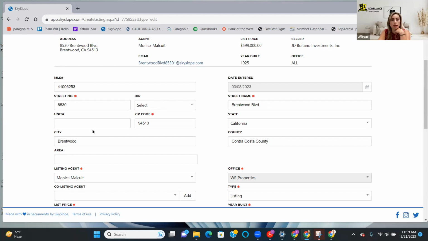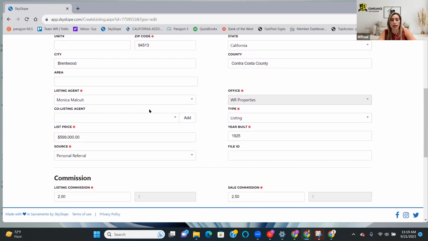The street name goes here. Unit number, if it's a suite or an apartment or a townhouse or a condo that has an ABC or a 1, 2, 3, whatever, it would go there, and so forth. The listing agent goes here. You can add a co-list agent if there's more than one agent working on a listing, so you could just add them here, and it pulls from our roster. I have to input the agents and their information into our SkySlope account when they're onboarded so that they have access, and then when you click on these drop-down menus, it has all of our agents' names, so you can just